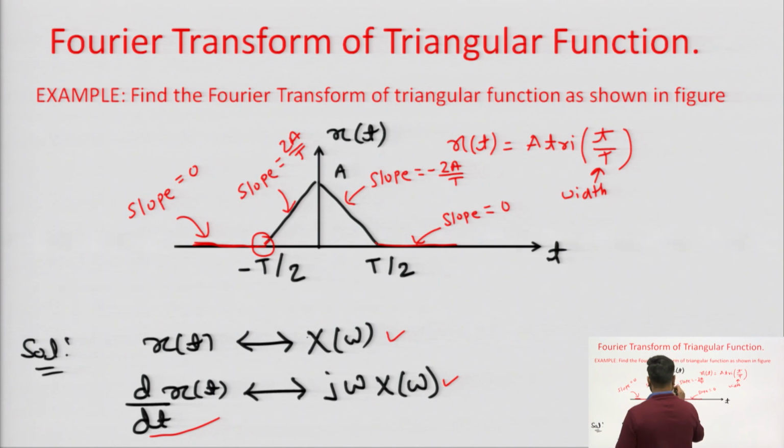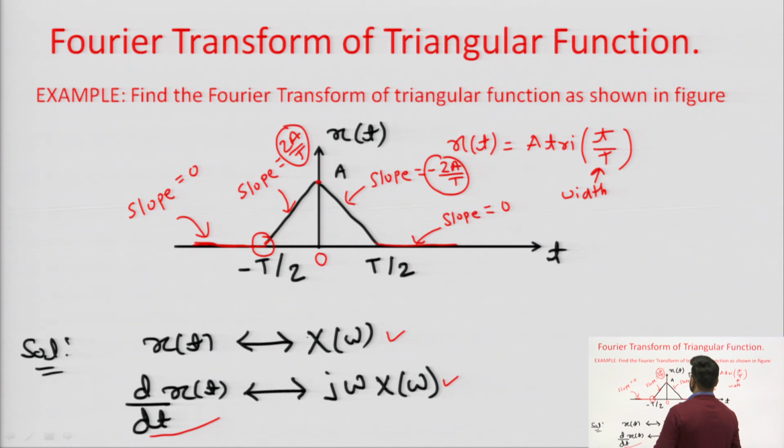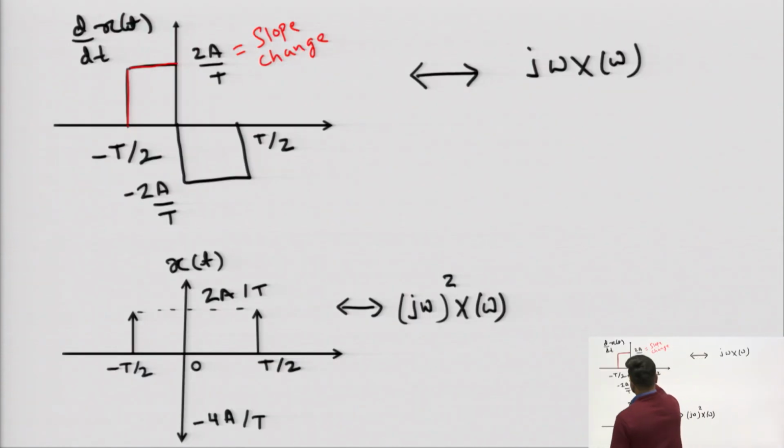Next slope change is at 0. At 0 the slope changes from 2A by T to minus 2A by T, so the total slope change will be minus 4A by T. So, there will be a step change from 2A by T to minus 2A by T. So, the slope change becomes